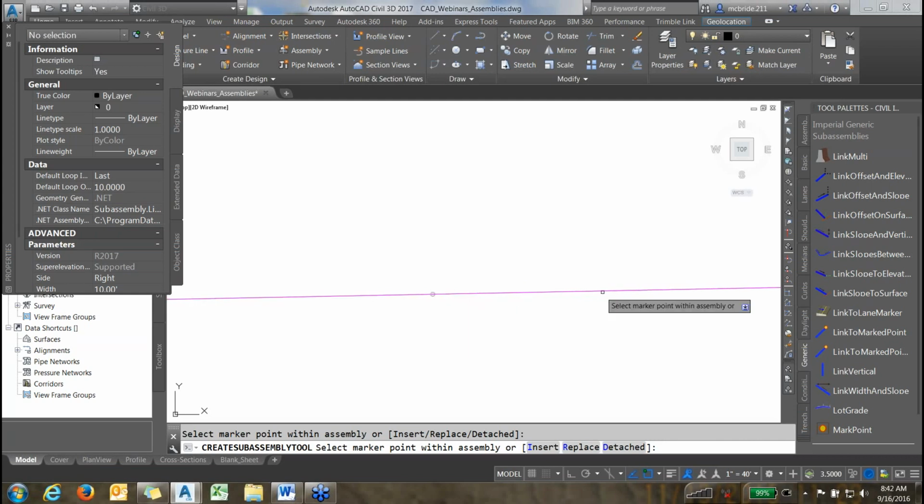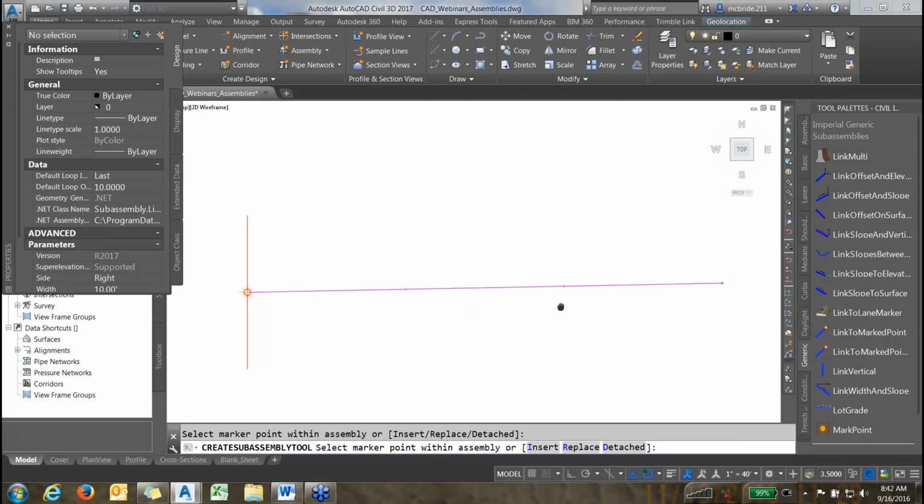If I zoom out, now you can see I have two of these lines, and I want to select the far end of the second one. So now I have three of these subassembly lines. Again, none of them are at the right width and slope that I want, but I'll change that here in a second. So I'm going to go ahead and hit enter,